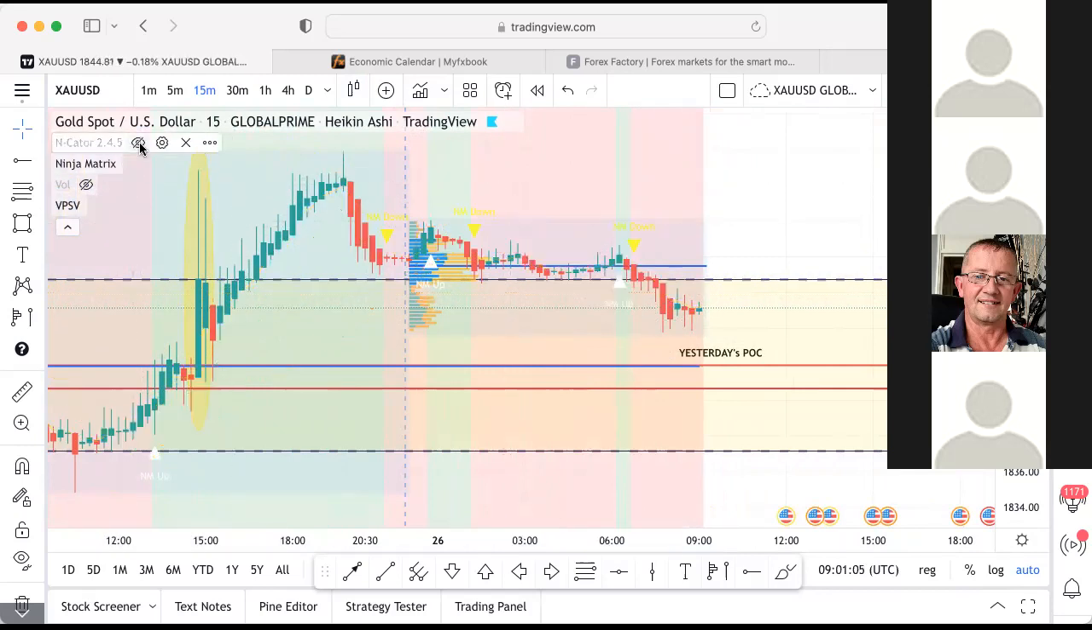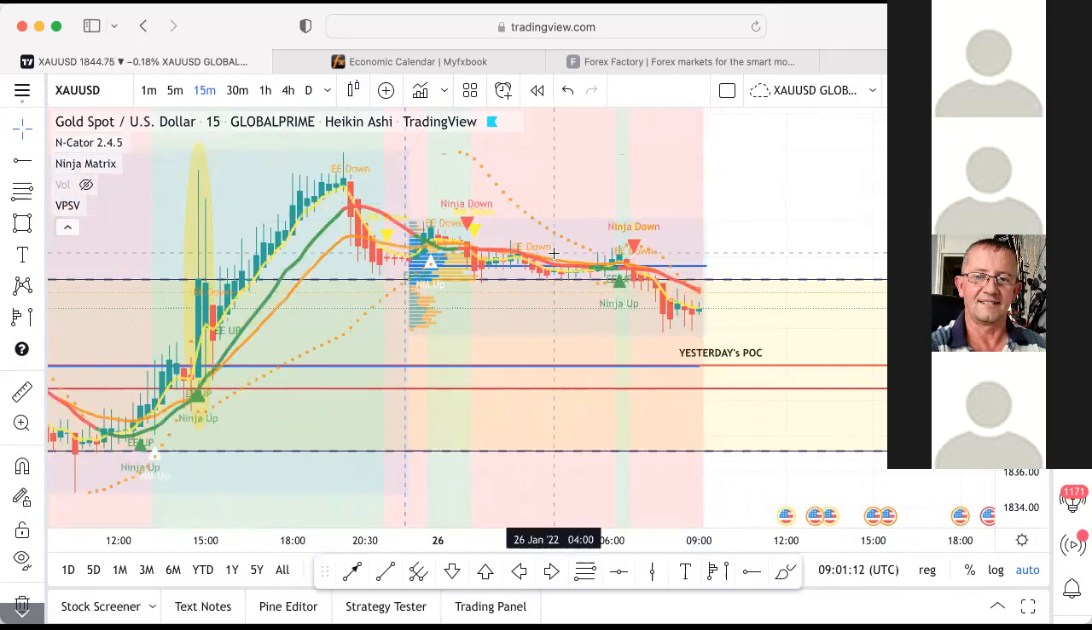I'll just shift that for a sec. There you've got the Ninja matrix down at that point, and you've also got a Ninjacator at the same point. So 2 items on the checklist ticked off. And then the third point I look for is the moving averages. I've got 3 moving averages on my chart. You can choose whichever moving averages you want within the settings. You can change them. I've set mine to the yellow line, which is the 5 moving average,